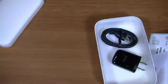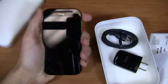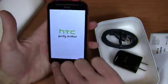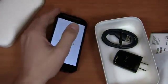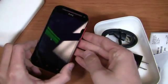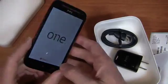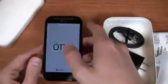Reminds me a lot of some of HTC's older devices, and of course the red is very reminiscent of the Droid DNA. Size-wise, 4.3-inch display. Think HTC One S, maybe a little bit different in terms of the overall look and feel. You got your home button, recent apps, back, 3.5mm headphone jack up top with a power button. I'll let this power on so you can take a look at the startup animation, but volume rocker over here on the side, which we'll wait for this to power on before we continue. 4G LTE on Cricket, HTC, volume rocker over here, One Series device,